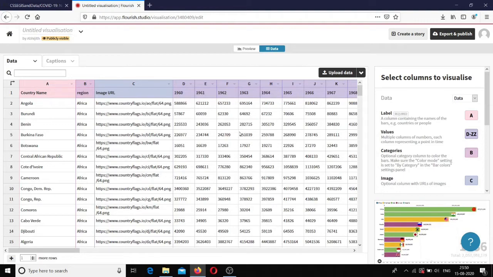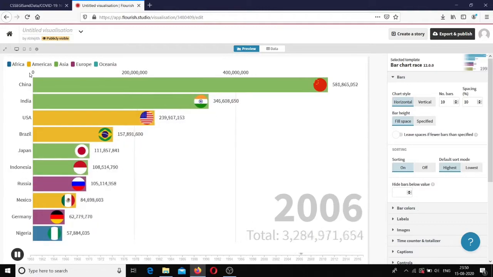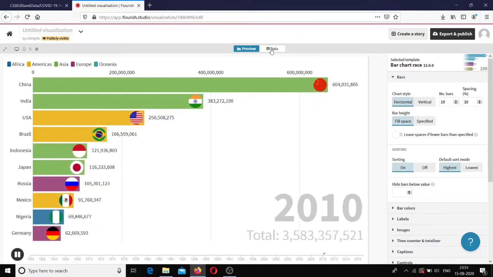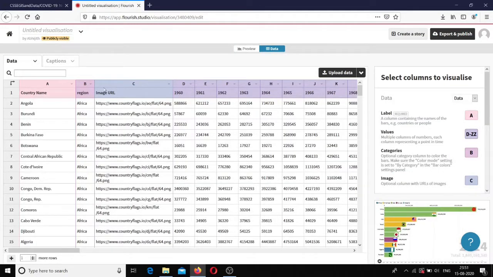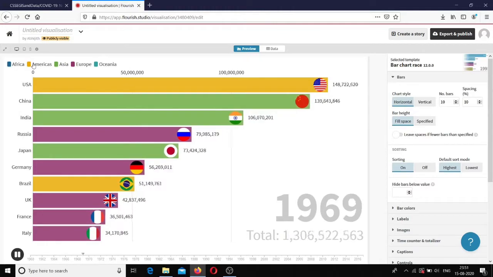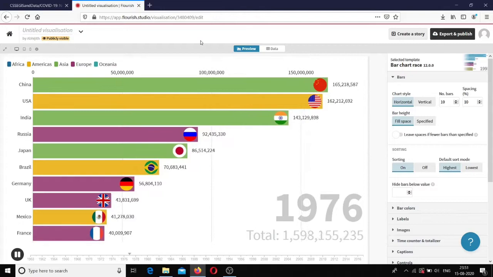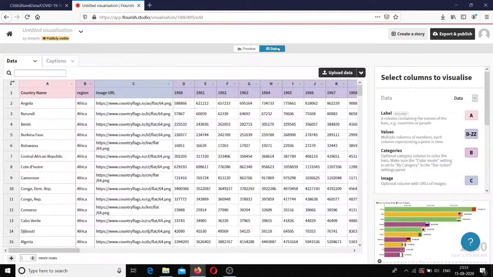So there are few items which we can select. One is label. So label is the country name, it is here, and the next item is category. So here category is provided here, and the bar colors are also based on the category. Third one is image URL.